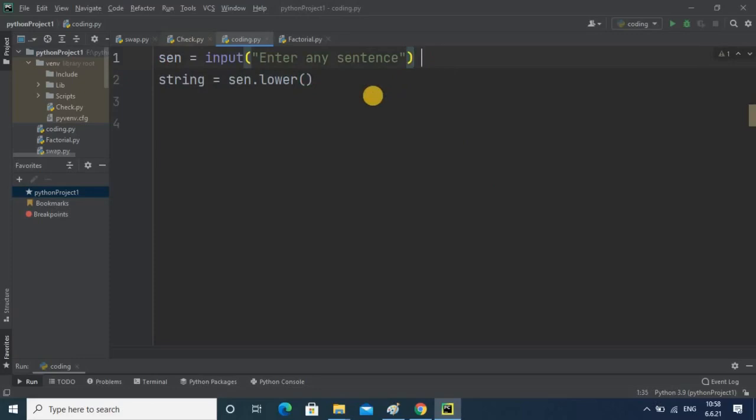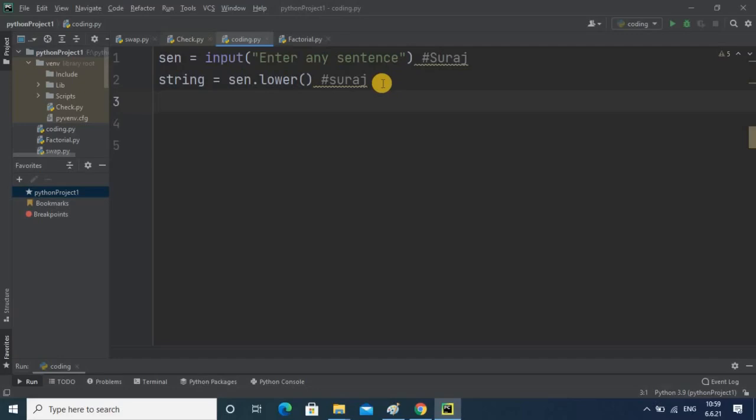Suppose our sentence is Suraj, with the first letter capital, the output will be in all lowercase characters. Got it?